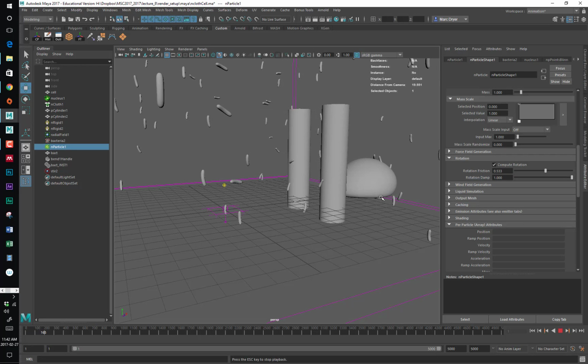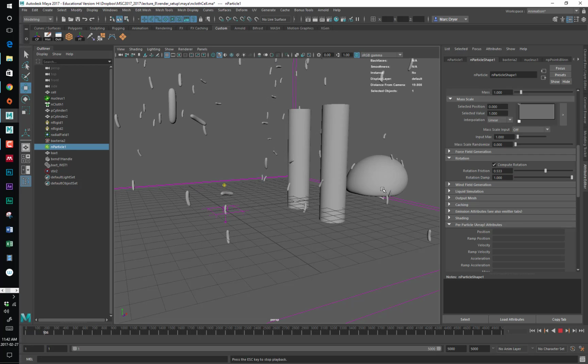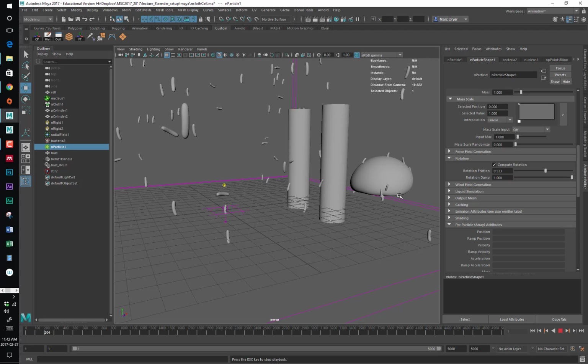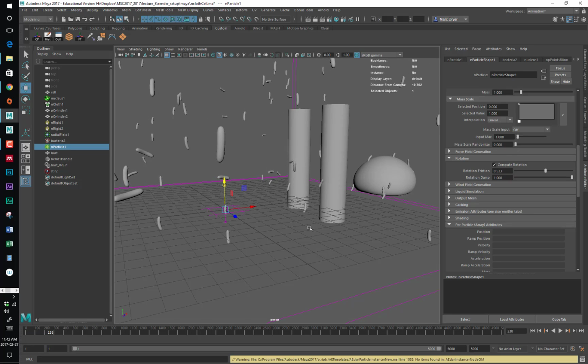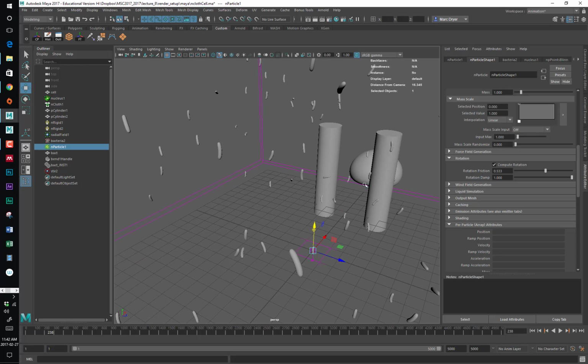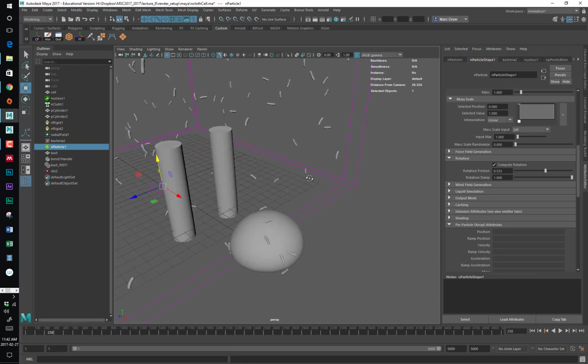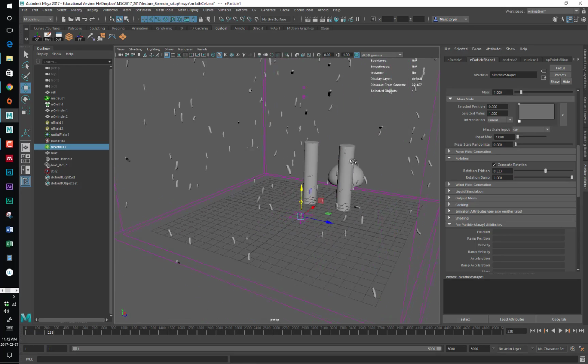That's kind of like the way it's doing that. Like they're changing their rotation because of the collisions with the floor, things like that. So that's pretty good. Now, what if you don't want these things to collide with these rigid objects, these passive